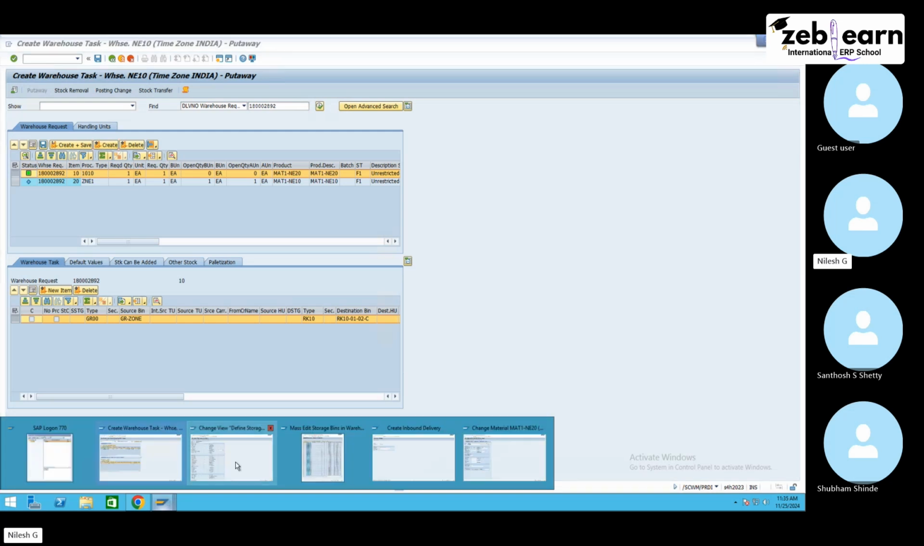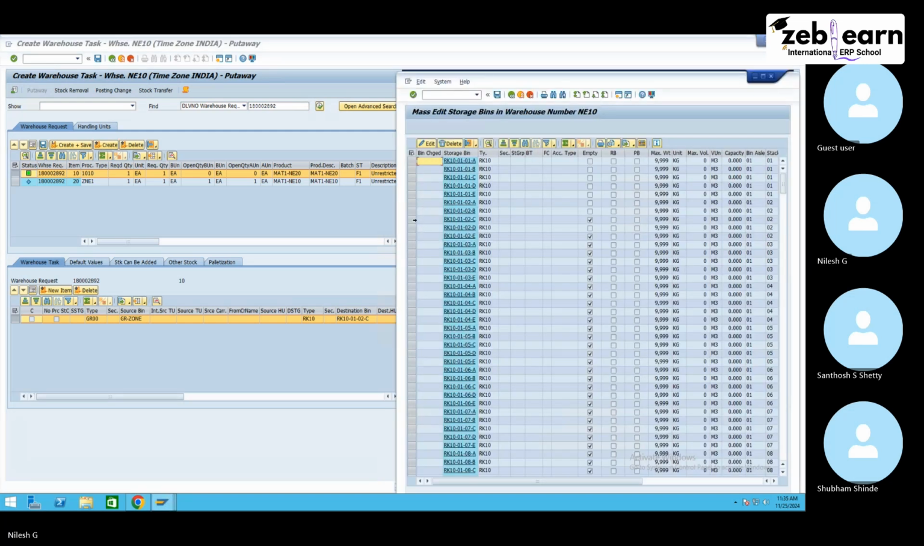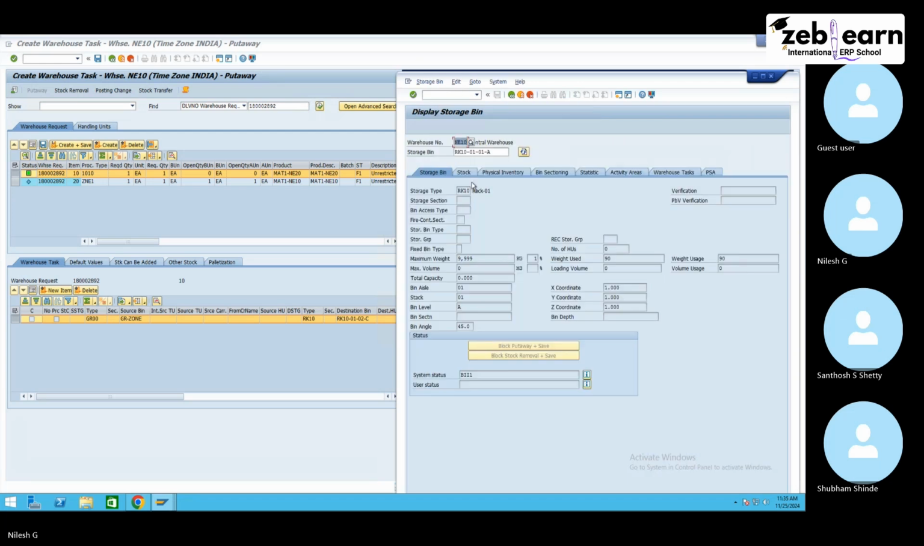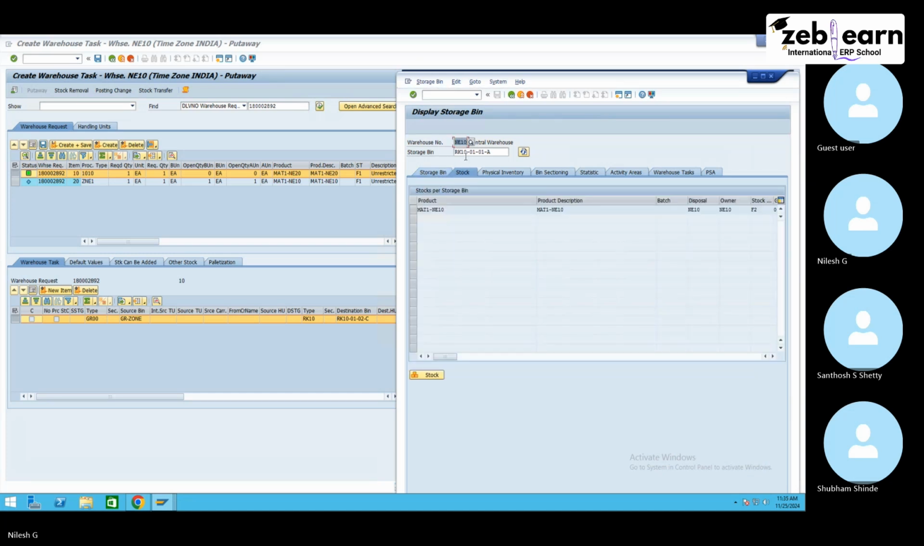Oh, it's again going for C. C is empty. Maybe the possibility is that this material is not available in any bin. Any 10, right? We are receiving any 20. So